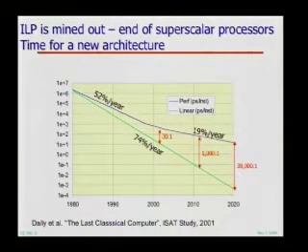What happened around 2001 is people realized that they'd mined out the pipeline depth. They had mined out the instructions per clock. And so all of a sudden, over the next decade, instead of being 30 to 1, it's going to be 1,000 to 1, and by 2020, it's going to be 30,000 to 1. So now there's a reason to go parallel, and it's basically because we can no longer convert transistors to performance in a single thread. We now have to have multiple threads.